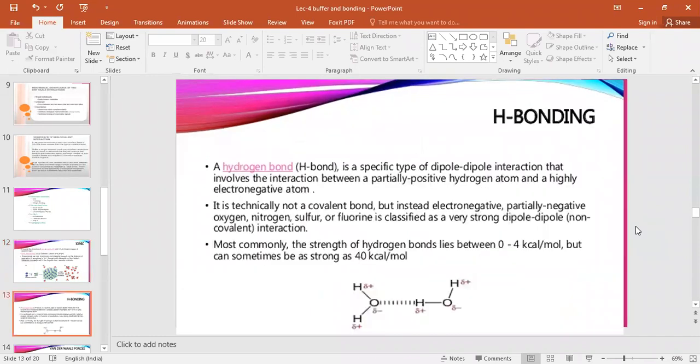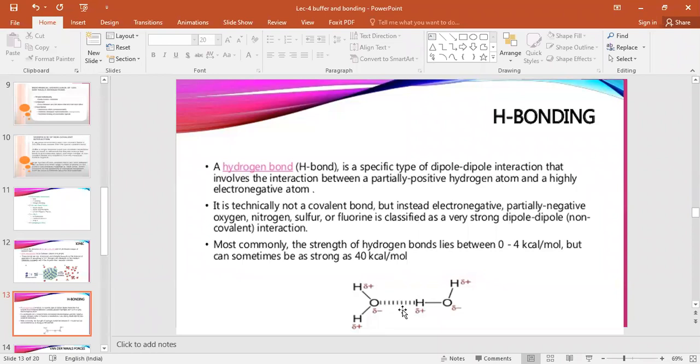Hydrogen bonding means what? Hydrogen bonding means there is a dipole-dipole attraction. I told you, here the same example is mentioned. Water, H2O, H2O. Hydrogen bonding is shown. Oxygen has the delta minus dipole and H has the delta plus dipole. So there is an attraction between delta minus and delta plus. So this is the dipole-dipole interaction, right? And it creates the hydrogen bonding.